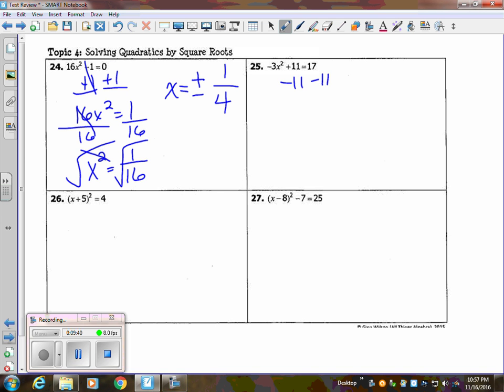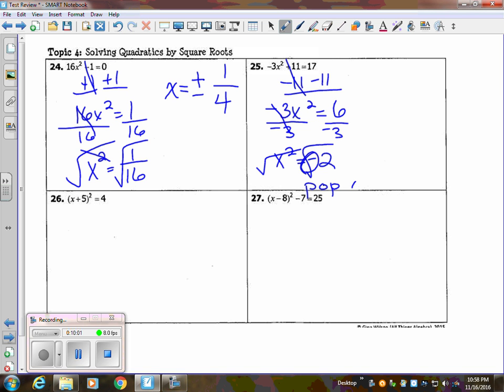Number 25, subtract that 11. Negative 3x squared equals 6. Divide by negative 3. X squared equals negative 2. Last step, square root. We have a negative. We're going to pop out an i. Pop it out. Pop out an i,